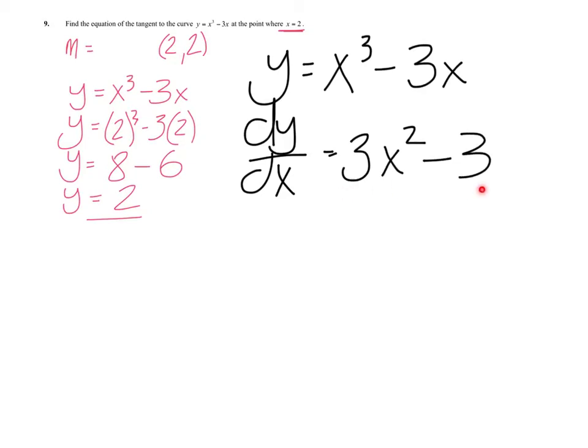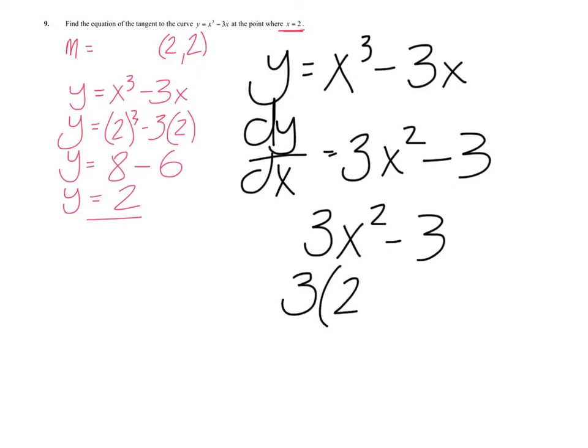So this thing here now represents the gradient. So 3x squared minus 3 is our gradient. We're interested in the gradient at a particular point. It's when x equals 2. So we substitute that in here, which gives us 3 times 2 squared minus 3, which is 3 times 2